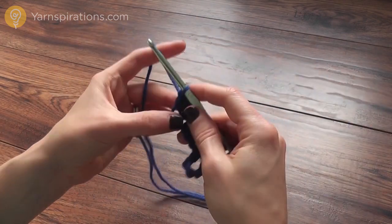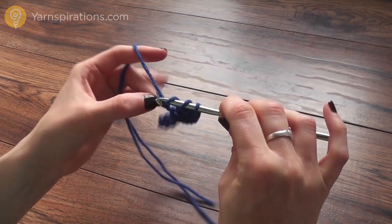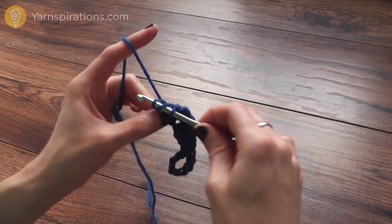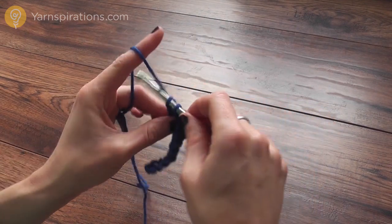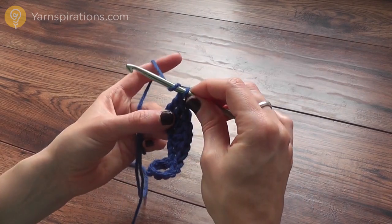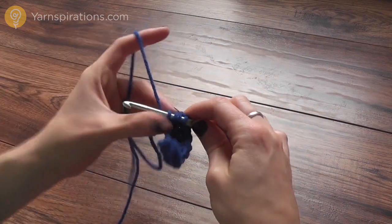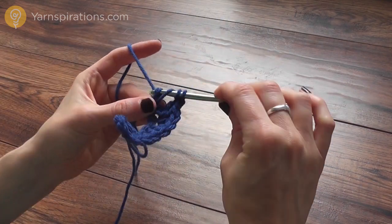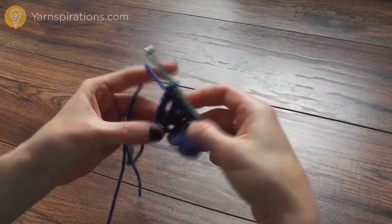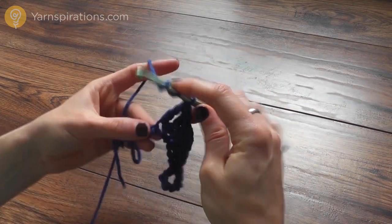then I'm going to work 2 treble crochet stitches in the next chain. So that's yarn over the hook twice before inserting into your chain, and then yarn over, draw through 2 loops, yarn over, draw through 2 loops, and 2 loops. So it's 2 trebles in this chain. There's my 2 treble crochet stitches. Then 1 treble crochet in the next chain,